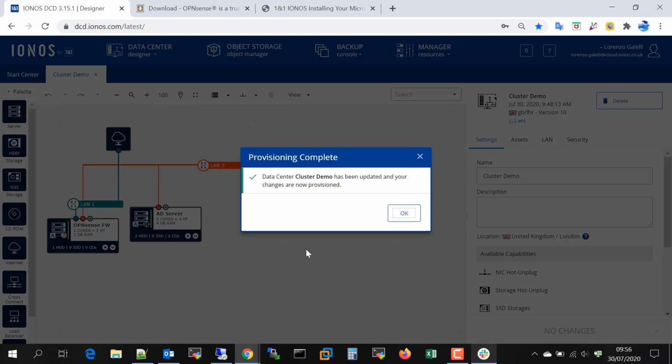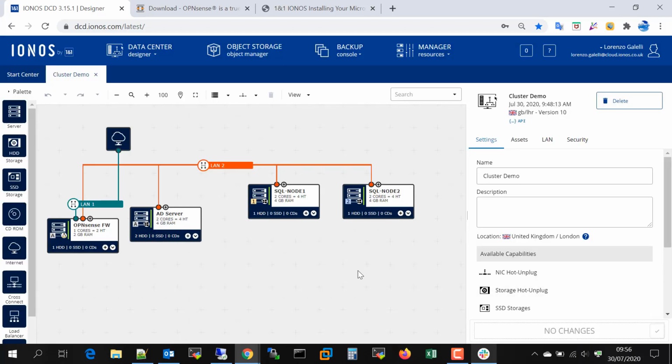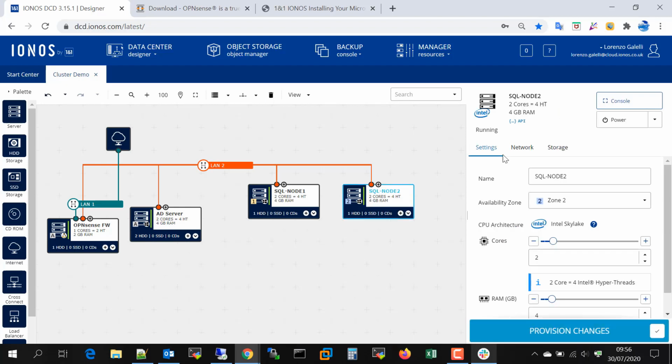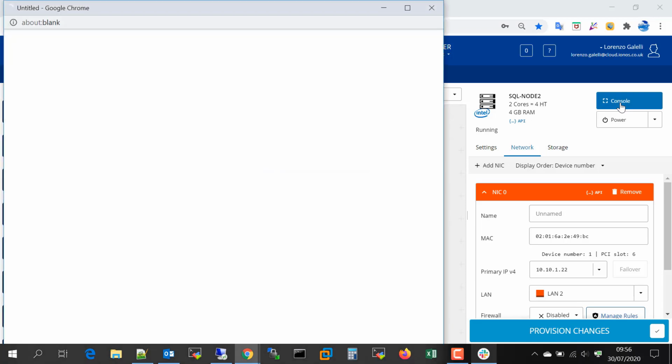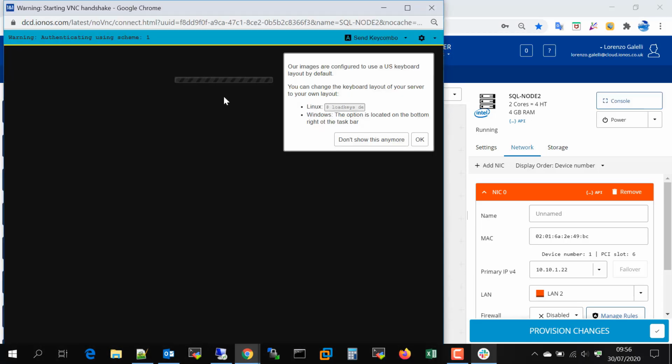So we can see that the provision is now complete. So let's look at the relevant servers. We'll start by creating the network configuration inside the virtual machine itself. So we'll start with SQL Node 2. If I console to this server,